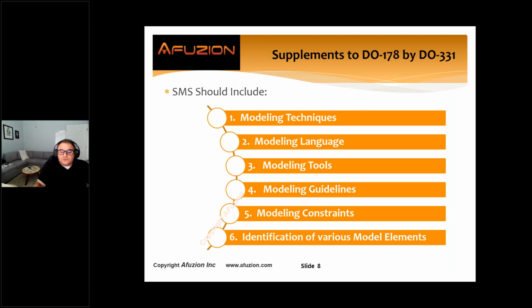The tools can be used, if selection of the right tools can help you in your design, so that you don't have to go through all of the DO330, which is the tool qualification for use in DO178. Any of these tools will already be qualified for DO330 and have certification. So you also have to include the modeling guidelines and any of the constraints in your model. Some of those constraints may be that your model doesn't include the hardware interface, as an example.